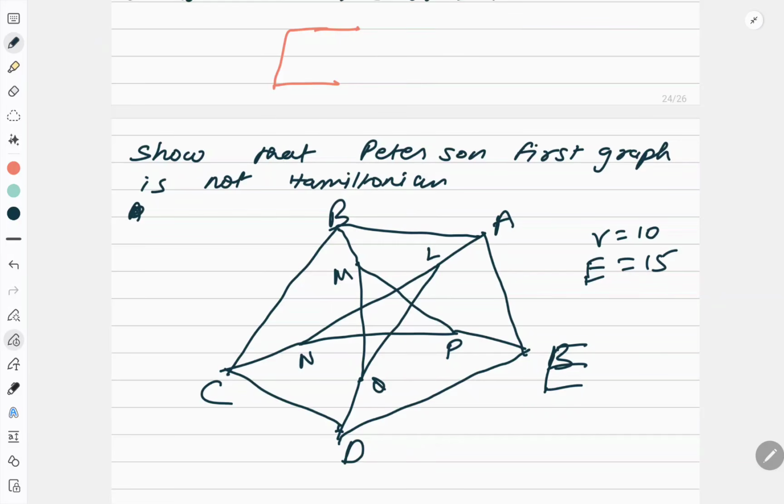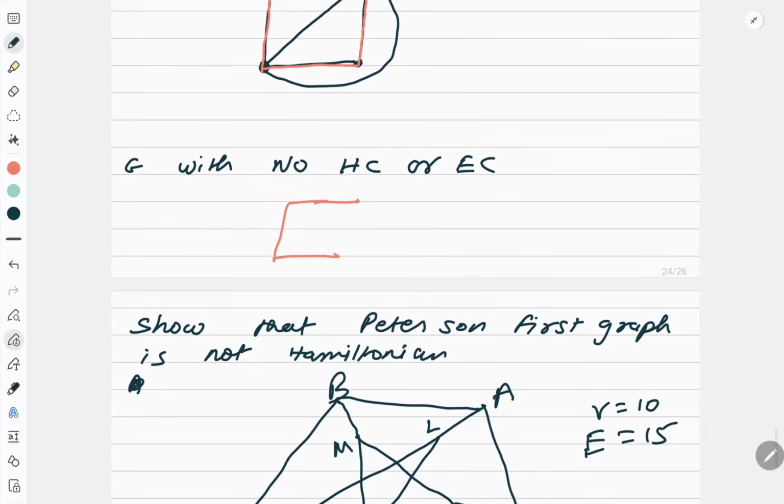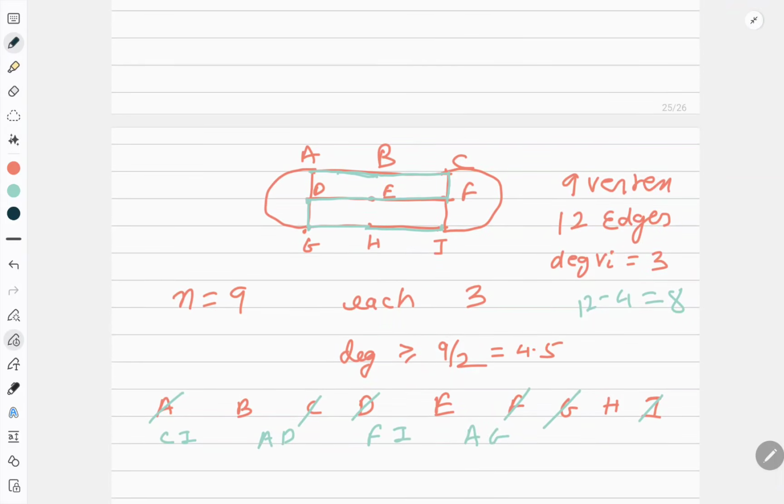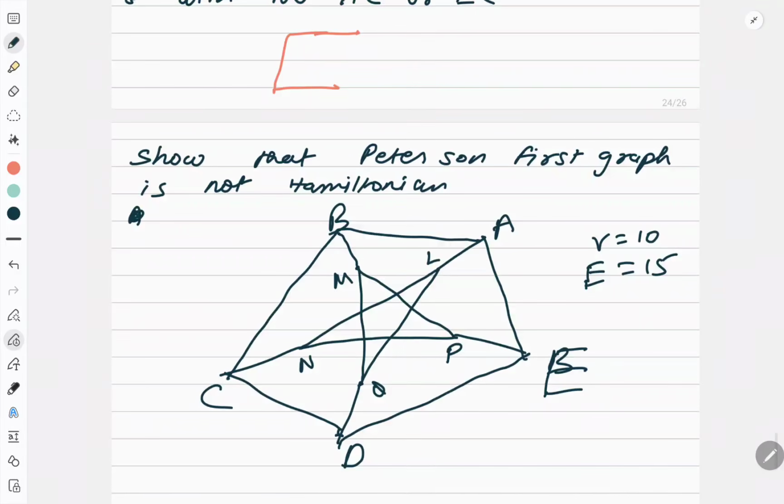Now if you start searching for a Hamiltonian cycle over here, like you did in the last question, correct? So what happened? In this graph, I can see that the degree of each vertex is 3. So when I am tracing the cycle, when I go to a vertex, I should have degree 2 only. So I have to remove a few edges, right? So I will start moving and framing a cycle, and wherever required I will remove the edges. Okay, and at the end I will come to the conclusion that the number of edges becomes less than the number of vertices, so I cannot have the cycle.